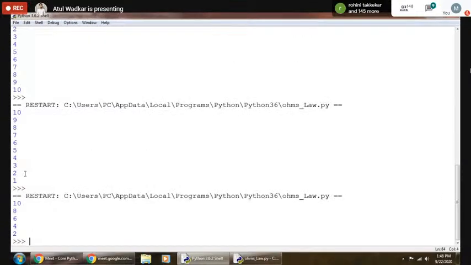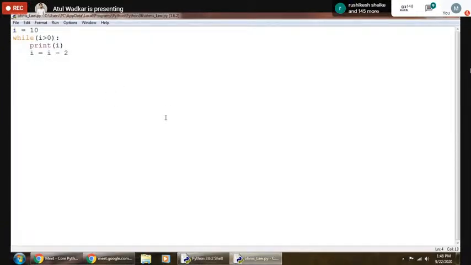So 10, 8, 6, 4, 2, like this. These are some experiments that you can do inside this while loop. As an assignment, I'll ask you to complete: you can print all the odd numbers